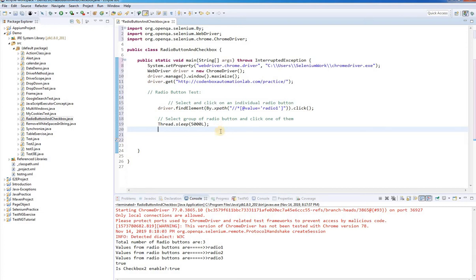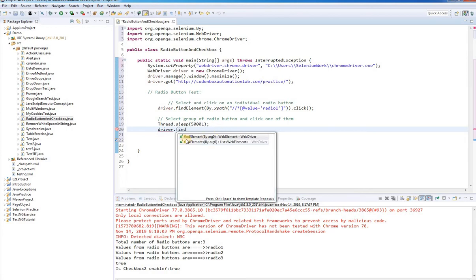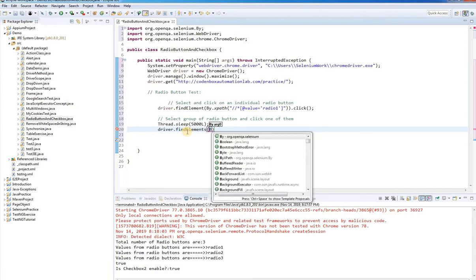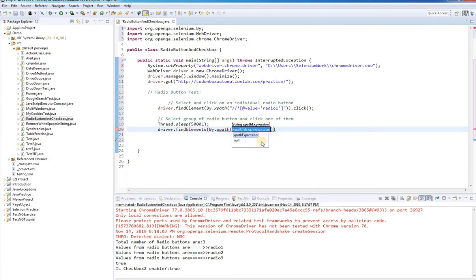So we'll say driver dot find elements. This time we will use the find elements method because it will select a group of radio buttons, all of them, using one of the attributes, which is the type. We'll say By dot xpath. So let's put the xpath